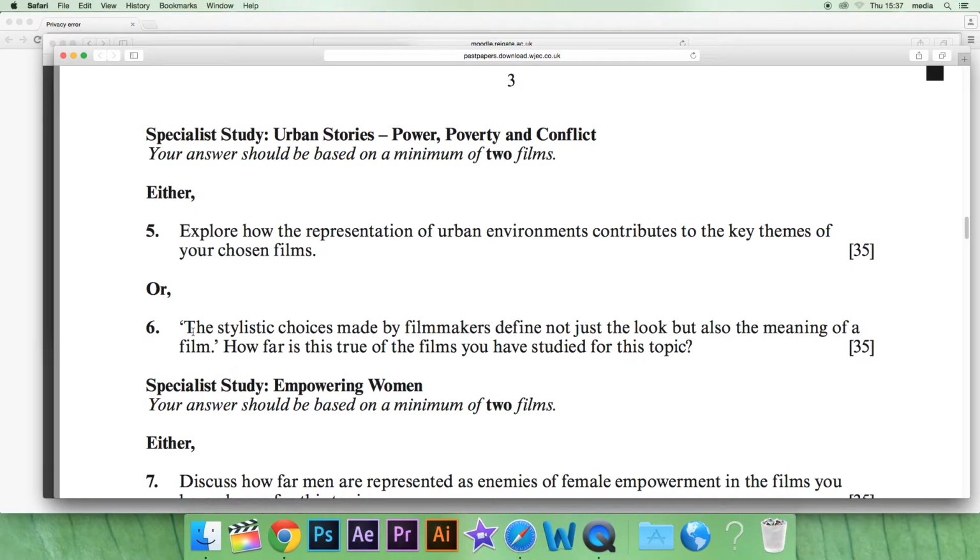And then you tend to get another question which is more focused on style and film form. Okay, so this one says stylistic choices made by filmmakers define not just the look but also the meaning of a film. So there might be a broad focus on style or form, or it might focus on the importance of cinematography or editing or mise en scène or sound, but it's what we call a micro-analysis. It's much more focused on film form. Now, I wouldn't prepare for one type of question over the other. Whatever question you do, you're going to be talking about the same kinds of things in terms of, you know, the text itself and context. It's just going to be a slightly different focus. Really, as part of your revision, you should be prepared to talk about both, so the text itself, but also the broader kind of context.